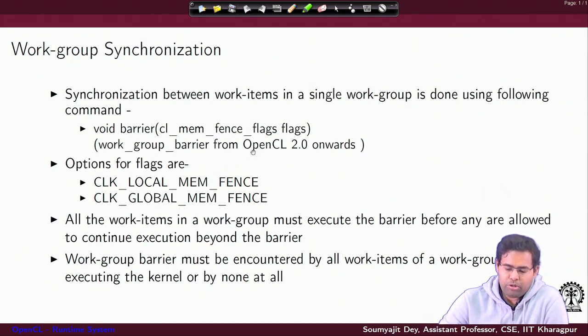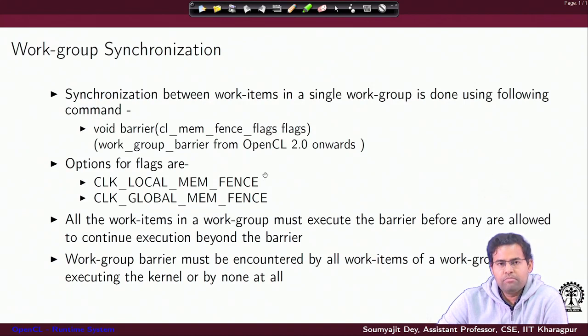Now, what are the options for flags? First of all, again I will just repeat, the barrier command or the work_group_barrier command in OpenCL's current version would be synchronizing work items inside a work group. In the flag part you have two options, one is this CLK_LOCAL_MEM_FENCE, and you also have CLK_GLOBAL_MEM_FENCE, right.